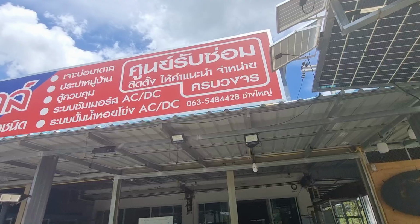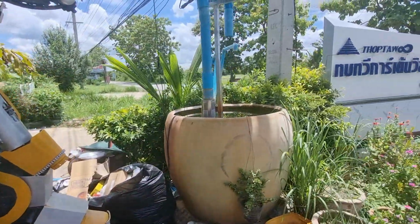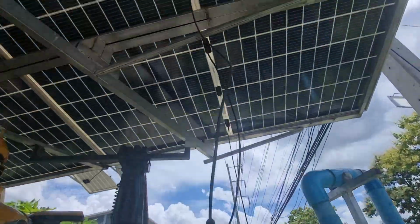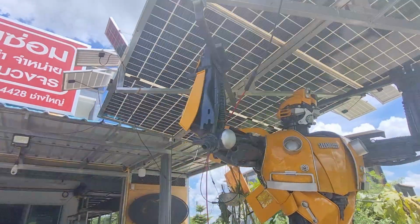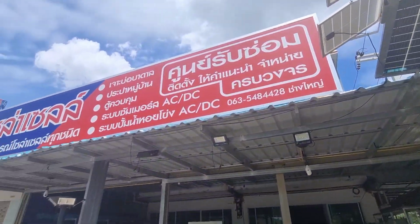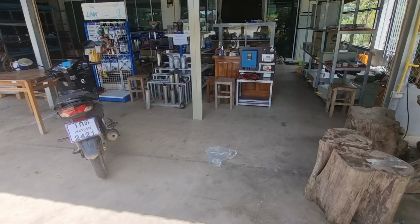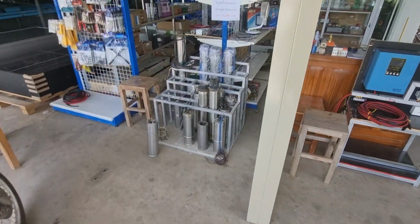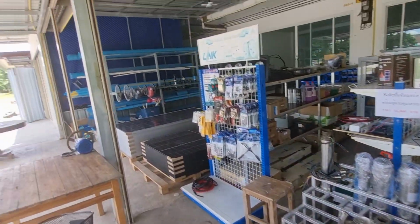He works with well systems and DC systems and off-grid systems, submersible pumps, everything like that. And he has teams in his hand too, actually almost anywhere in Thailand. Probably not deep south, but anywhere else. He can do the small systems that we don't do. So if you ever want a small system, for example, submersible pumps, small off-grid systems, DC systems on the farm